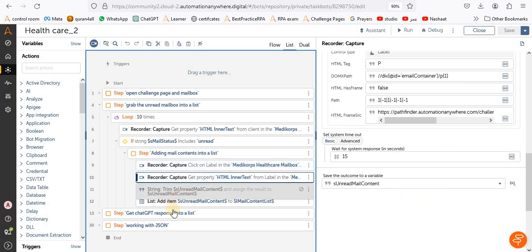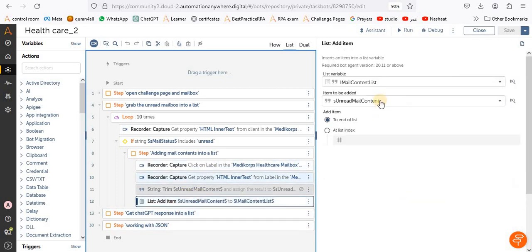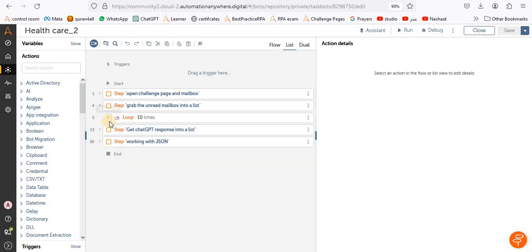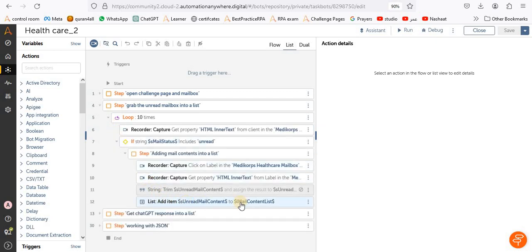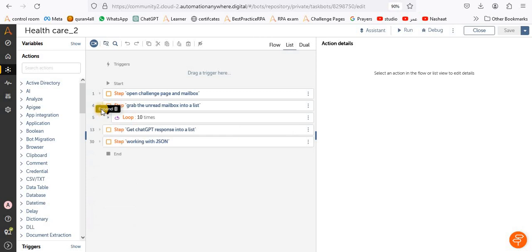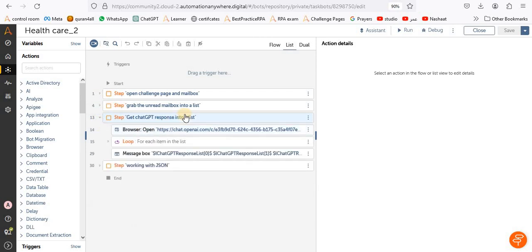And then after that I will add this string variable into a new list and name it L mail content list. Okay, by doing so, I have just extracted all the unread emails and saved them into this list, L mail content list. Okay. Going to the next action here,